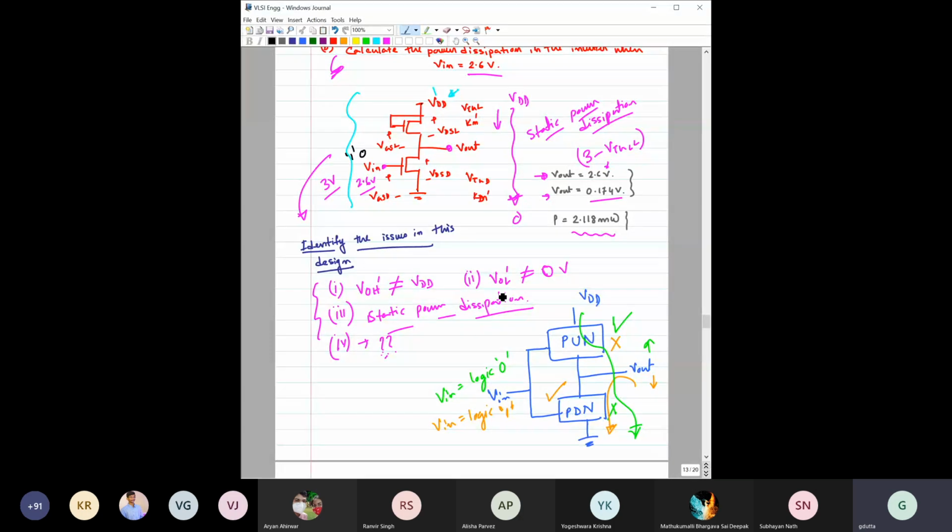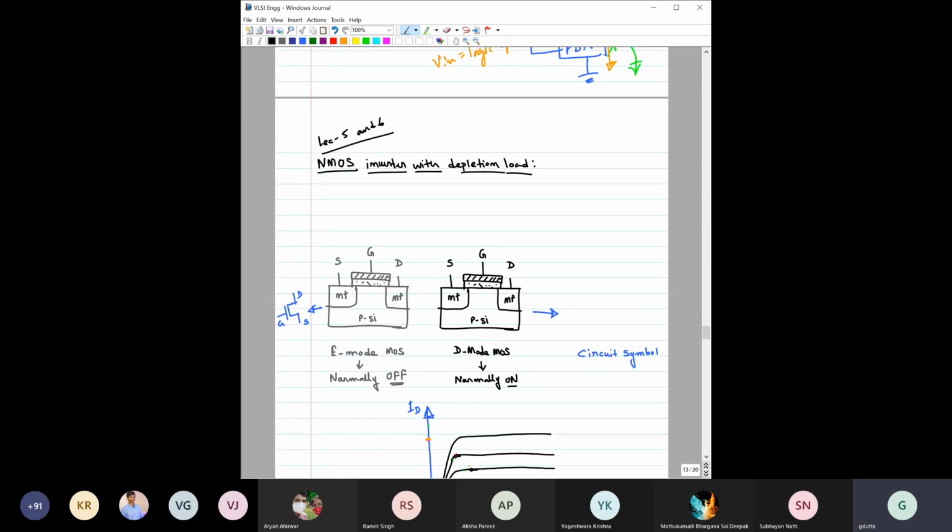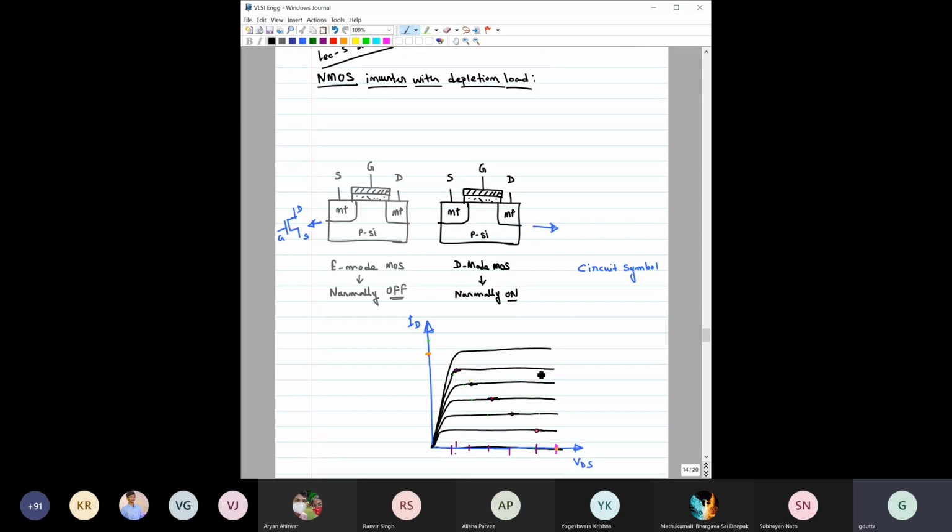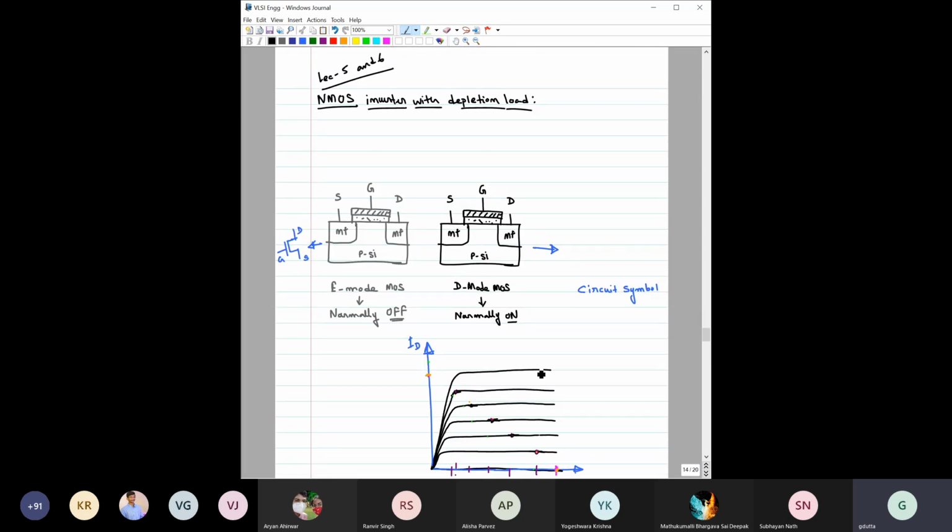Right. So we have also identified the issues in this particular type of design. This diagram is regarding one of your friend's doubt. So anyway, today we are going to take this part and discuss it more. Right. So for today's class, we are introducing one more type of inverter, which is called the NMOS inverter with